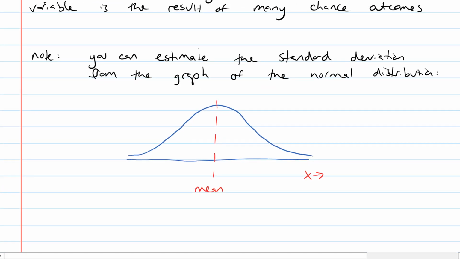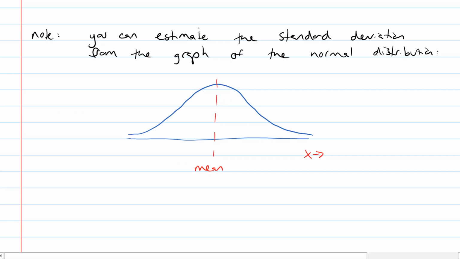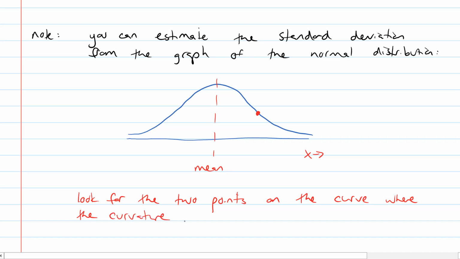So just scrolling down a little bit, you can estimate the standard deviation from the graph of the normal distribution. We don't really need to do that, but it's a nice little thing to be able to see. And if you take a look over at this point that I've just drawn in, what you're looking for is 2 points, one on each side, 2 points on the curve where the curvature goes